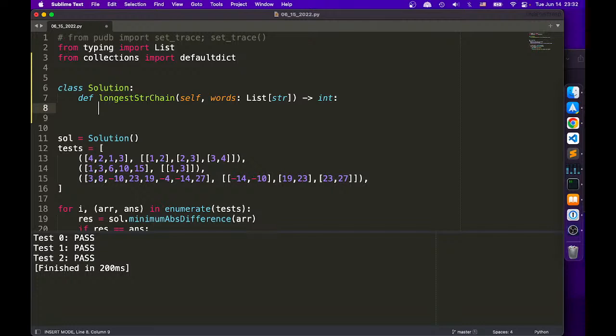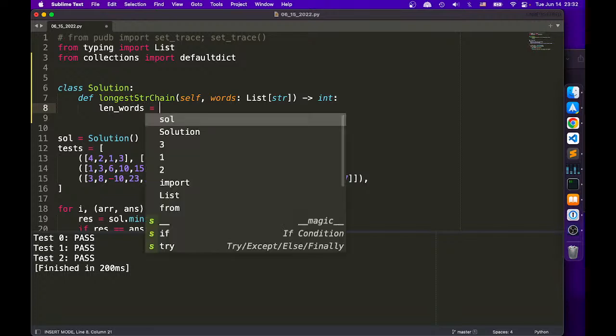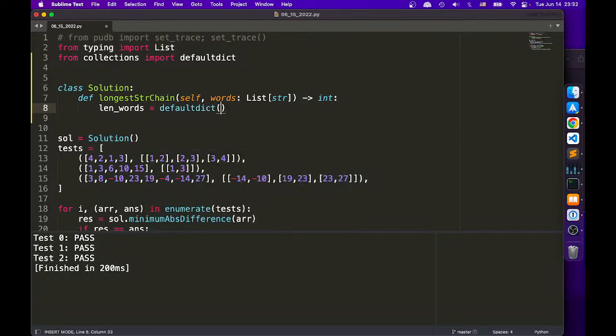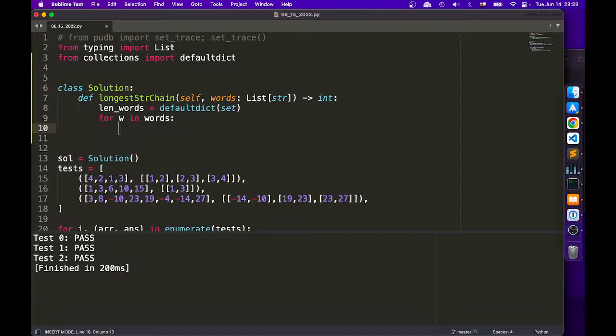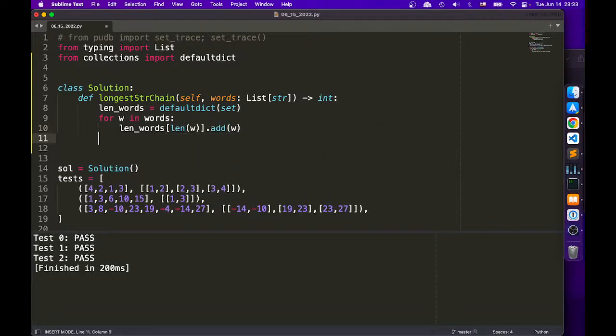We're gonna go through the entire thing. We're gonna say, what we call it, length words, like that. Okay, default dict, and I want to set. And they say for W in words, len words, len W dot add W. Okay. So now that we're done,